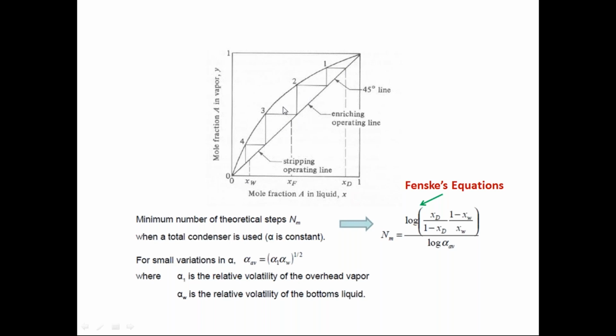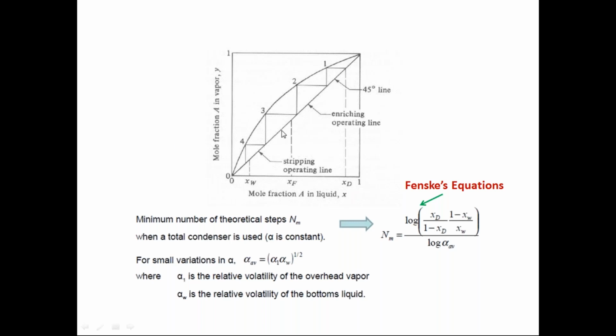So the number of plates increases when the reflux ratio is decreasing. When the reflux ratio is decreasing, it is going towards the equilibrium line, so the number of plates increases. So the maximum number of plates, that is an infinite number of plates, will result at the pinch point. So we are not considering that a desirable operation. We have to avoid the pinch point. As well as here also, the minimum reflux condition will be obtained. So more than the minimum reflux we have to maintain in the distillation column.